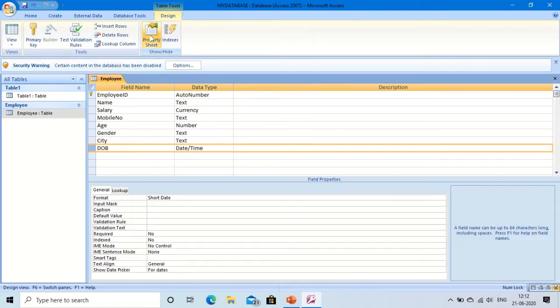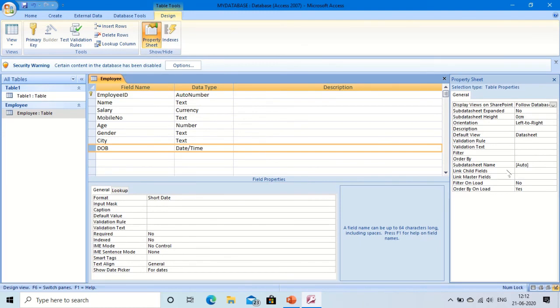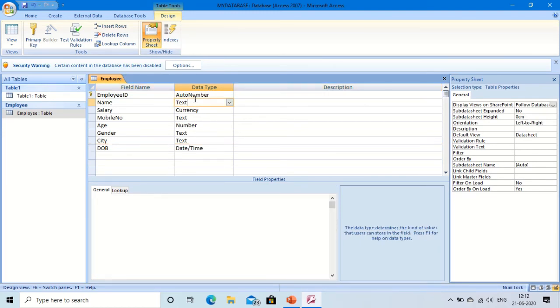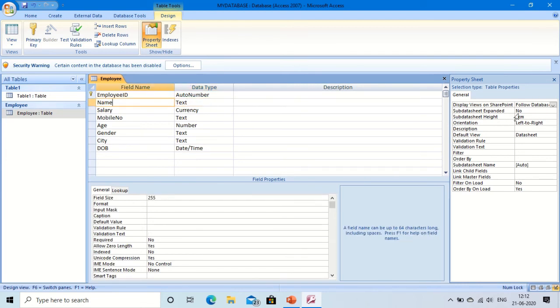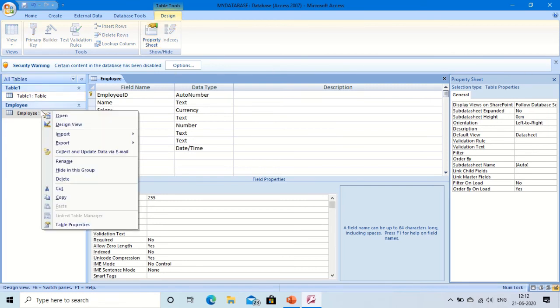You can see sub properties are here. Just by clicking, you can see in the list it's coming here. You can change, suppose you want to change, okay, you can sort also. Some options are given here, so as per your need you can change it. So this is the modification of it. If you want to rename it, you can rename it also, and if you want to delete, you can delete from here also.